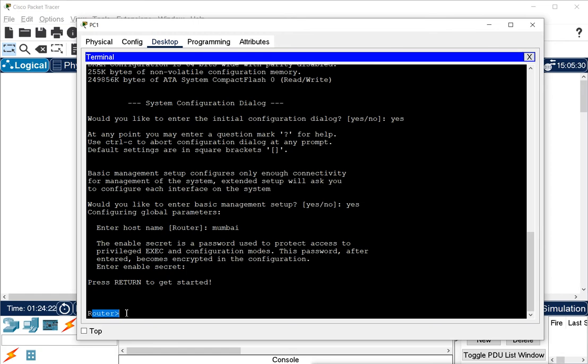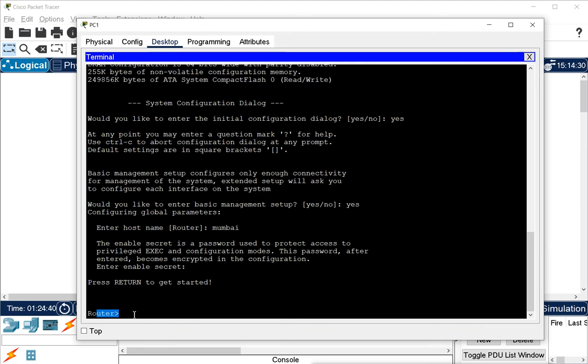But right now we don't have any configuration, so it goes into the setup mode. I exited from here, and we should directly say no here, so that it will directly say press return to get started, and then you can press enter and you will start.